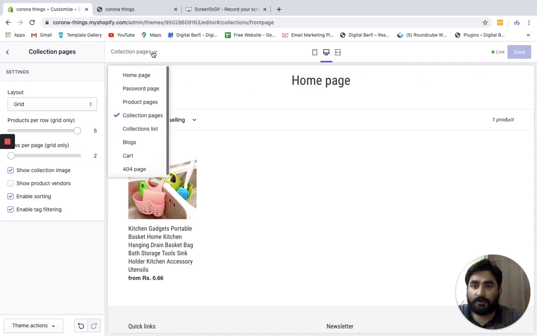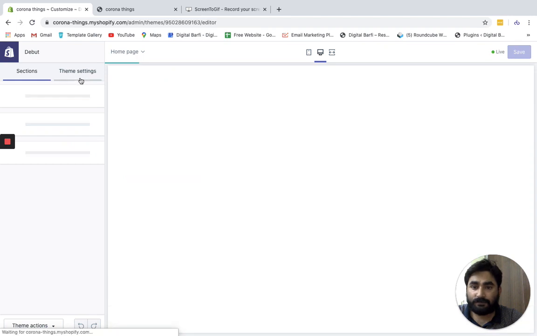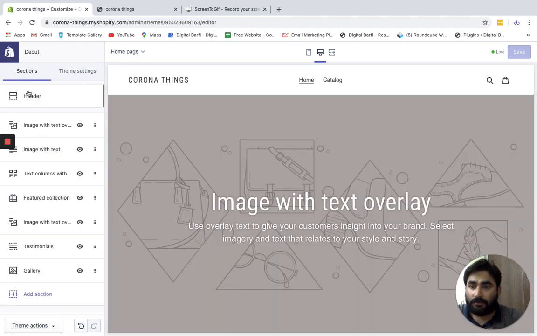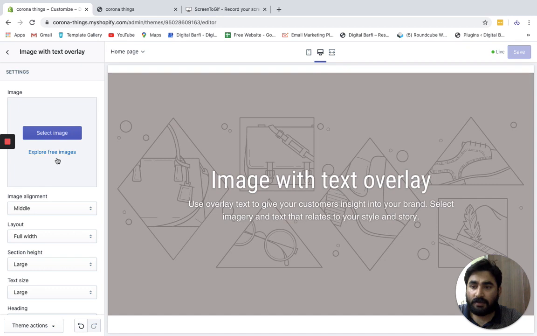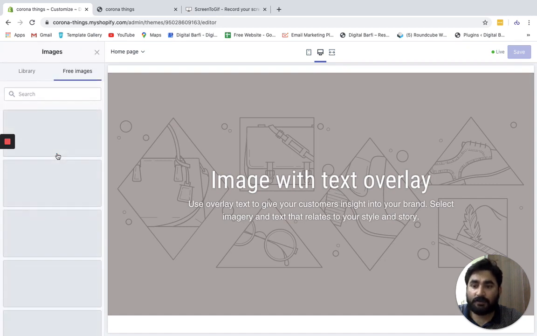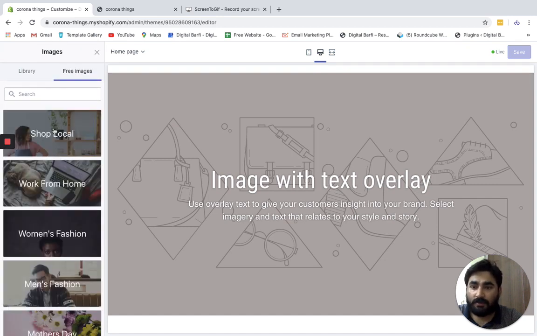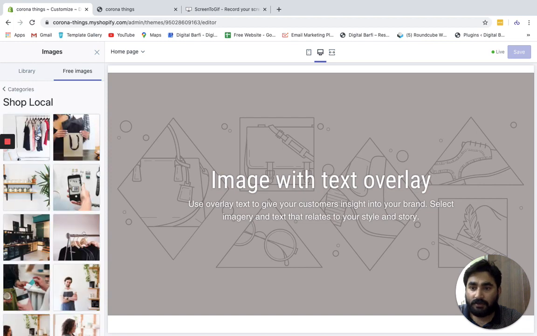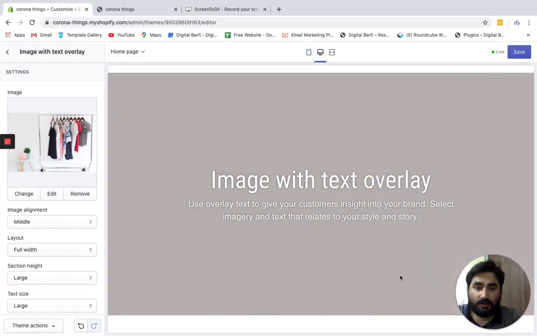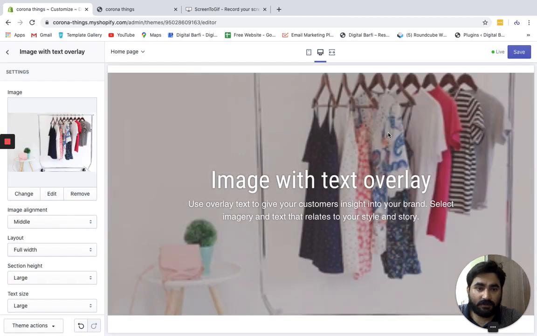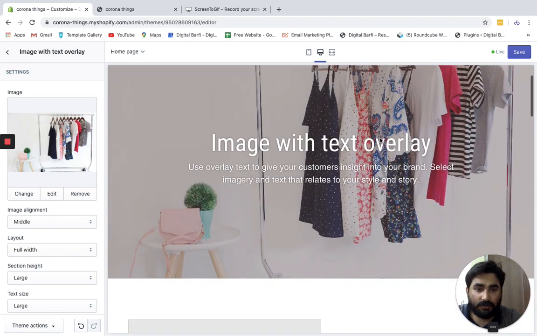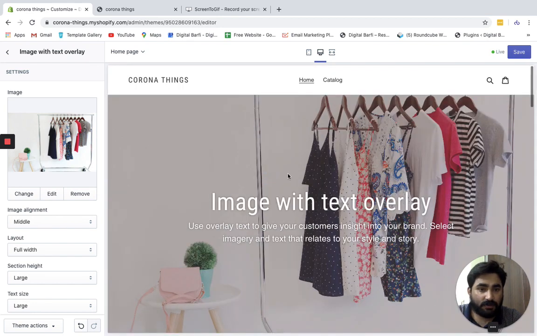Now quickly jump to the home page. You can play with image, like which image you want to show here. You can explore free images. Like suppose if you want to use this image, like this one, you just have to click on it and select it. Okay, fine. Now this is the image that has been used in the background and it looks pretty good. But this image text color is not going well with the image. Then again you will have to click on the save button